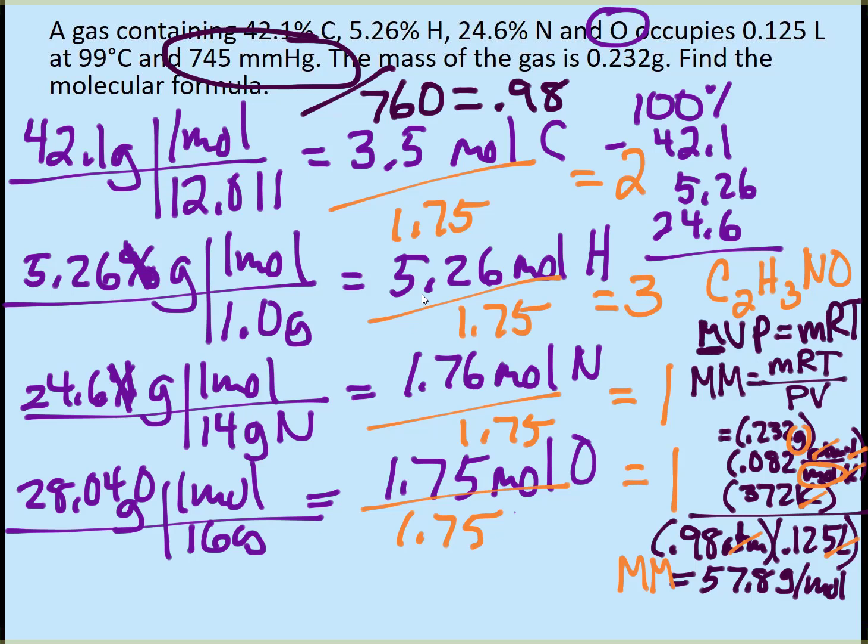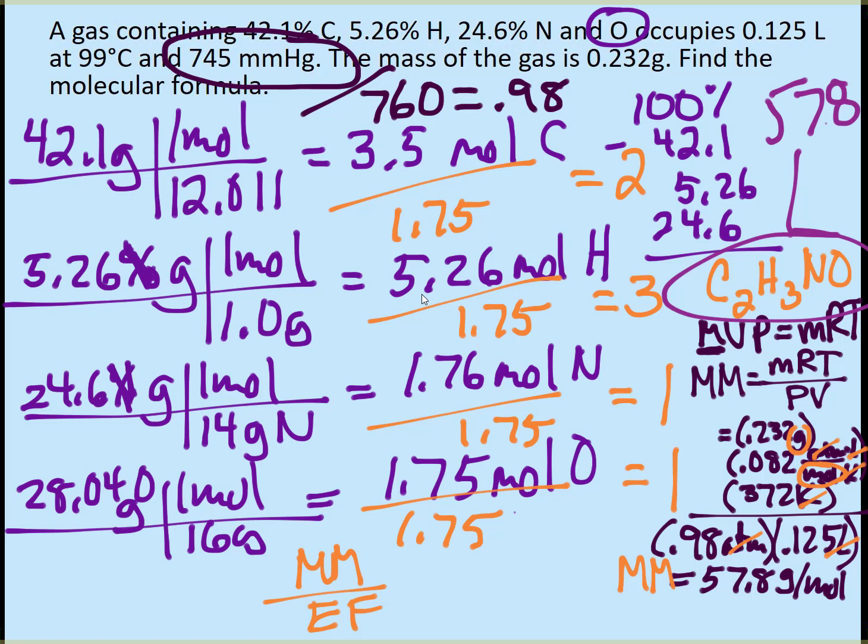So to find out the molecular formula, you need to take the molar mass and divide it by the empirical formula mass. So I need to add up 2 carbons, 3 hydrogens, 1 nitrogen, and 1 oxygen. So over here, when I add those up, I get 57.8. So I essentially have 57.8 divided by 57.8 equals 1. So that tells me that the molecular mass and the molar mass, or the molecular formula and the empirical formula, they are both the same. So my answer is